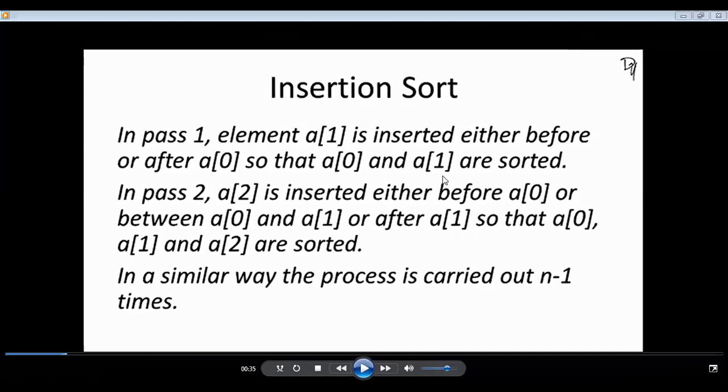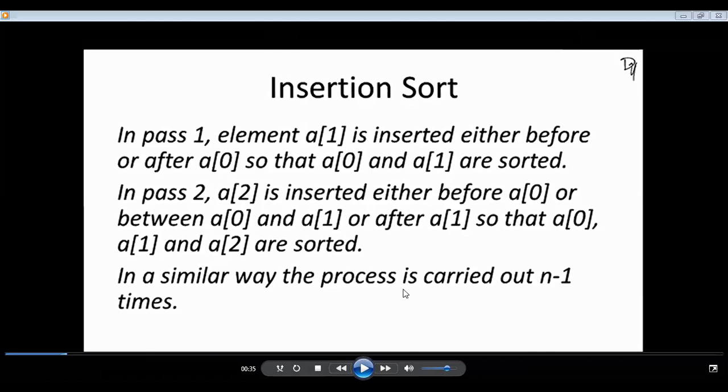So finally a of 0, a of 1, a of 2, all the values will be sorted. Likewise, whenever a new element is coming, we put that element in its appropriate position.